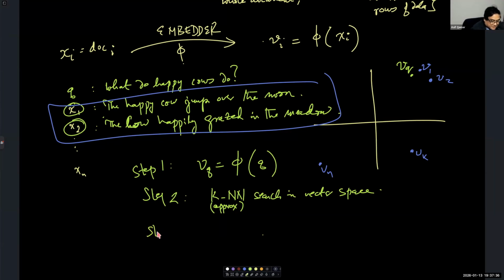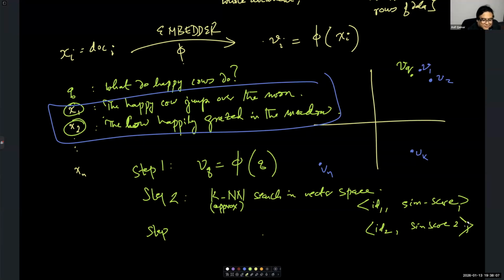What is step number 3? It returns IDs. ID1, ID2. What is it returning the ID of? Actually, every search result is like this. It returns ID and similarity score. Similarity score 1, ID 2, similarity score 2. Similarity score means how close you are to the query. Right? Does that make sense, guys?